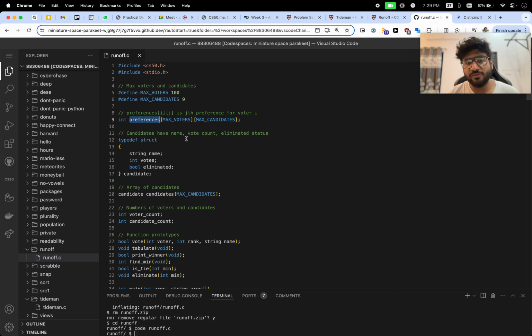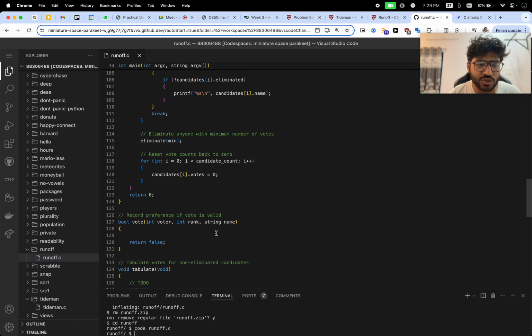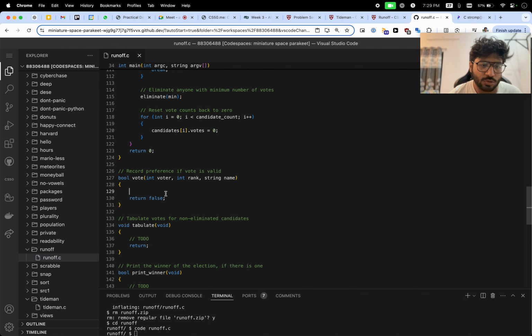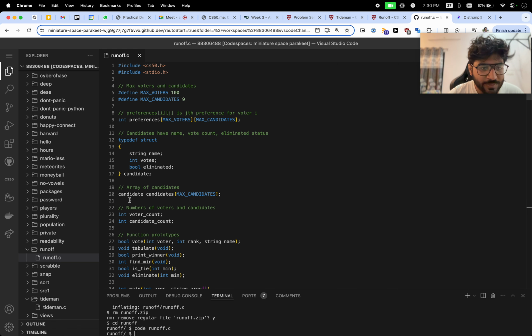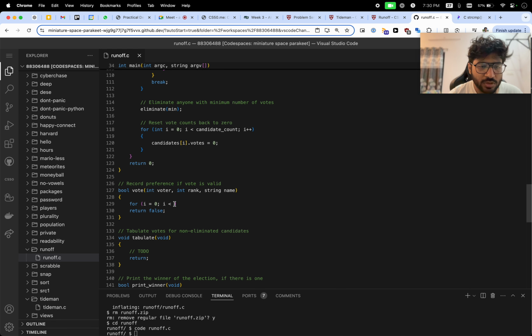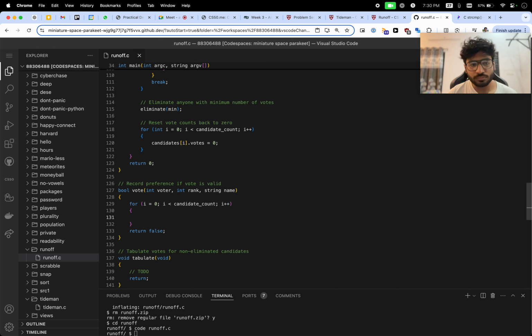We'll need to update the preferences in the vote function. So we'll just loop through all the candidates first. We do know the maximum number of candidates, which is candidate count. So I'll do this: i less than candidate count and i plus plus. Again, we can use string compare